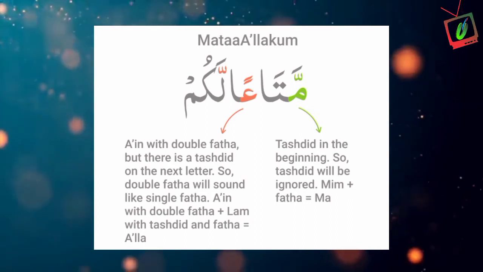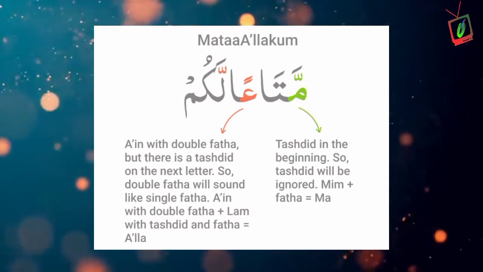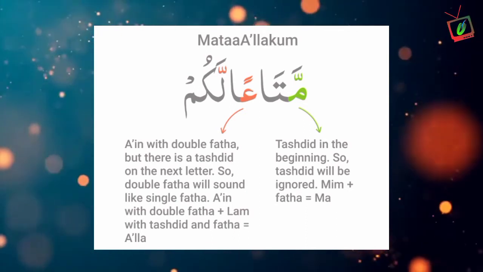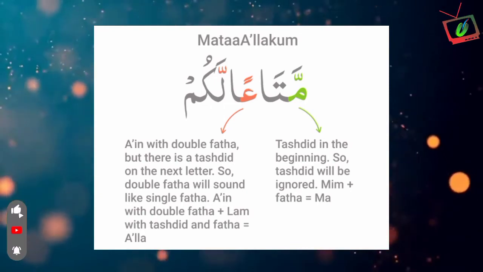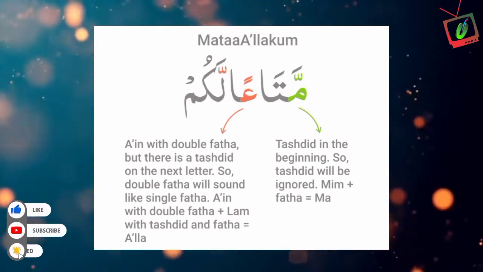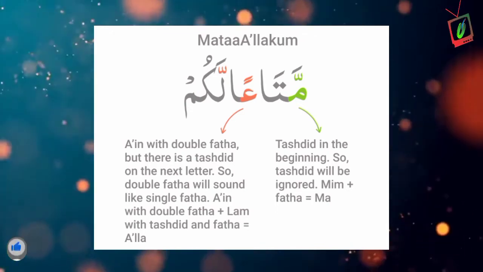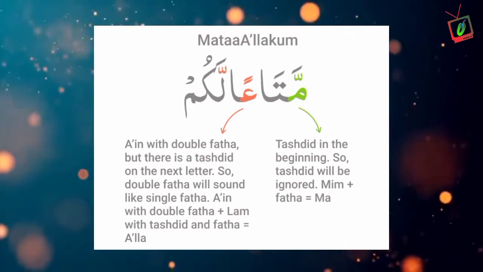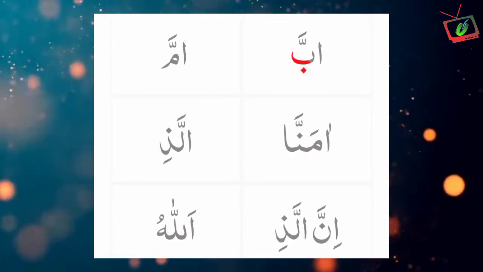So for the ain with double fataha, but there is a tashdid on the next letter, so double fataha will sound like single fataha. Ain fatahatayn a, lam shadda fataha la, alla, mata'an lakum. More examples: ab,